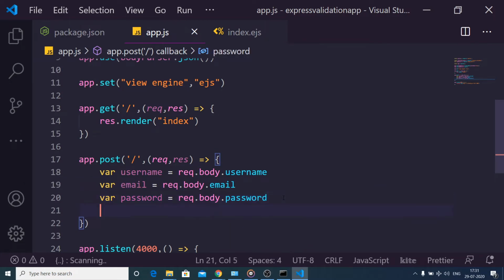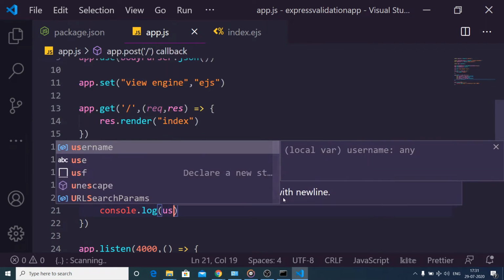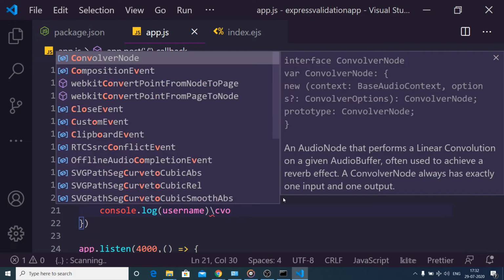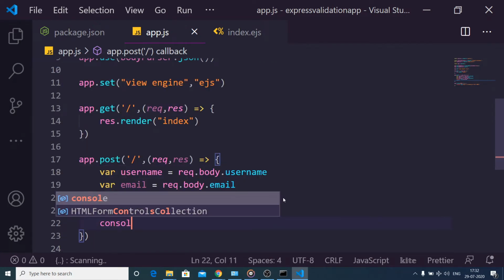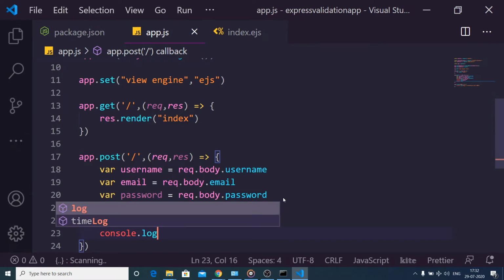And we can console log all these three values: username, email, and password.